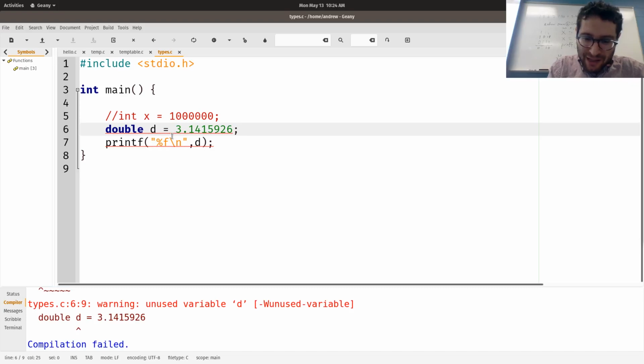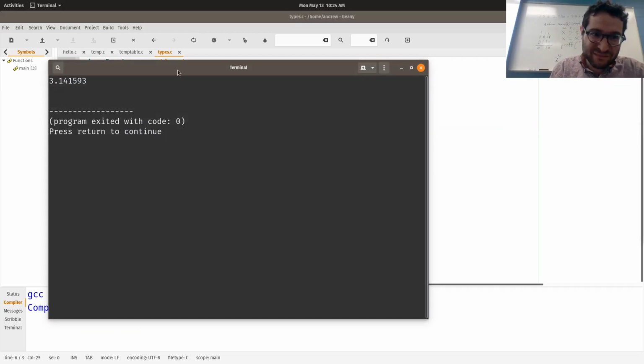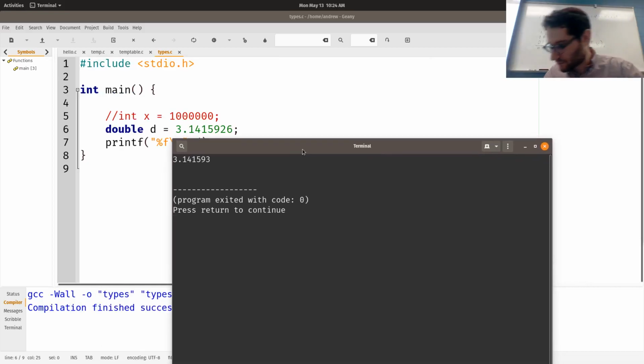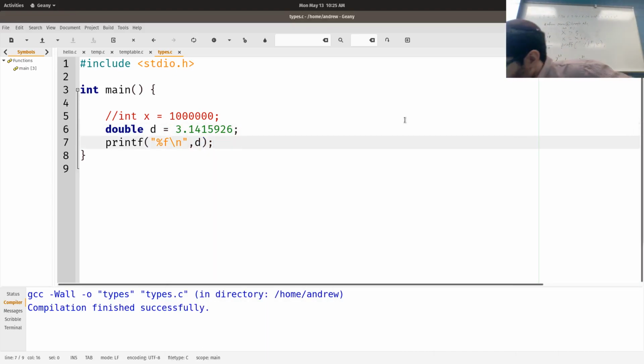I've been programming a lot in Python, which means I don't need to use semicolons a lot, so hence why I've been missing out on those. By default, the f over here, you're only going to have 6 decimal places.